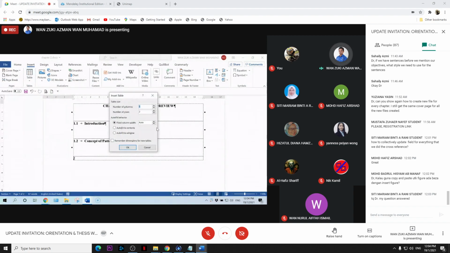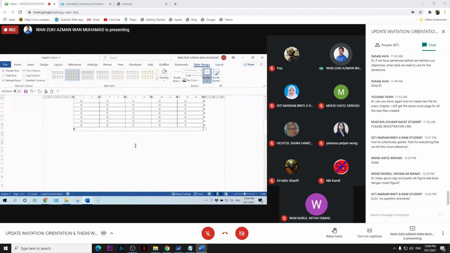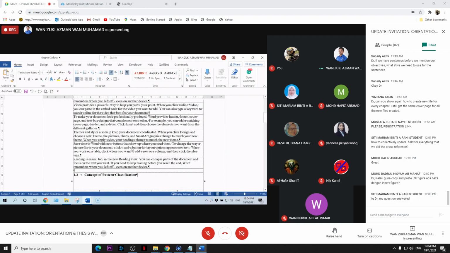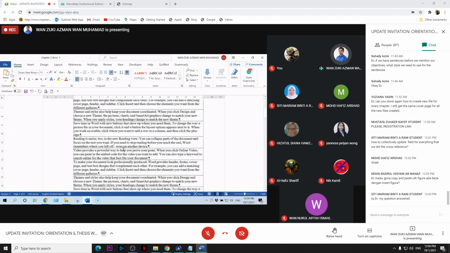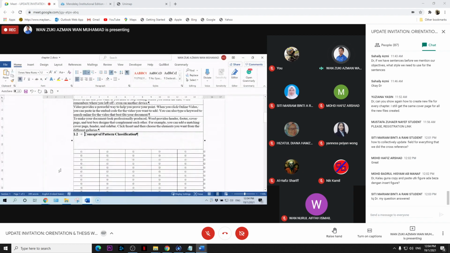Insert table, 5 columns, 20 rows. I want to make a comprehensive summary. Okay, something like this. Delete this.